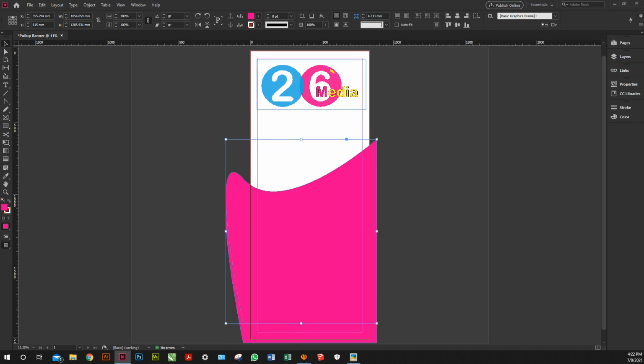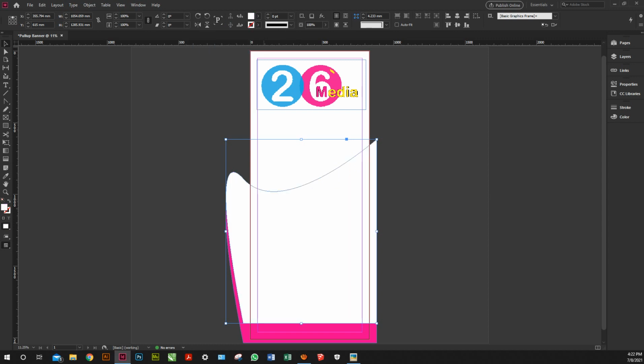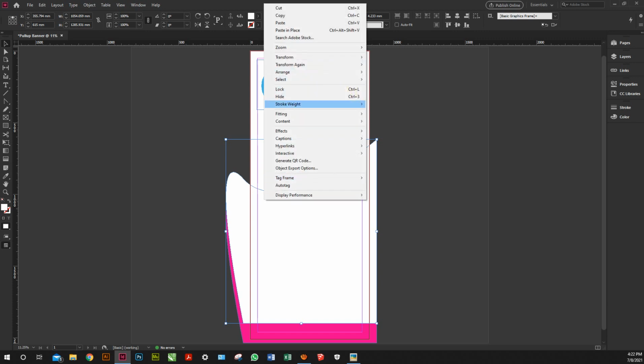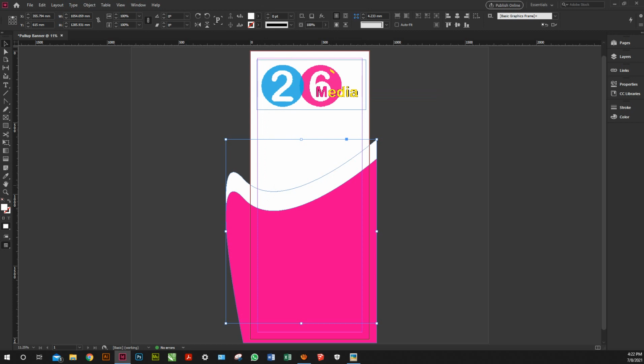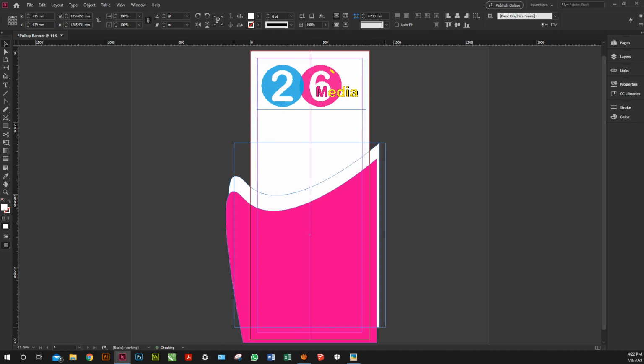I'm gonna make the color white, and I'm gonna send it to the back. Control Shift parentheses, or I can do arrange, send it to the back. Let me move it a little bit down and a little bit to this side. It looks nice like this. Good. I'm gonna hold Alt again and duplicate again for the last time, and then this time I'm gonna make